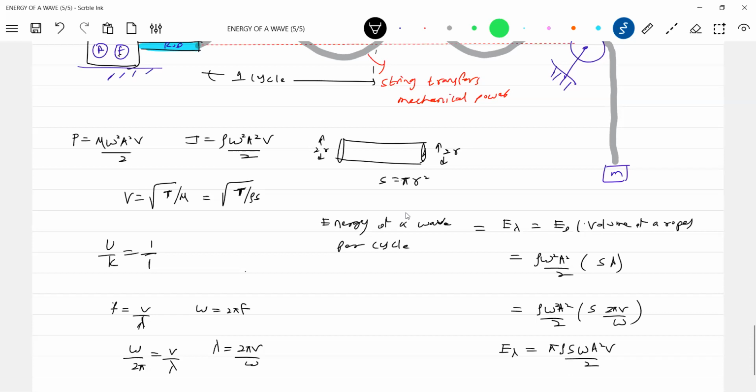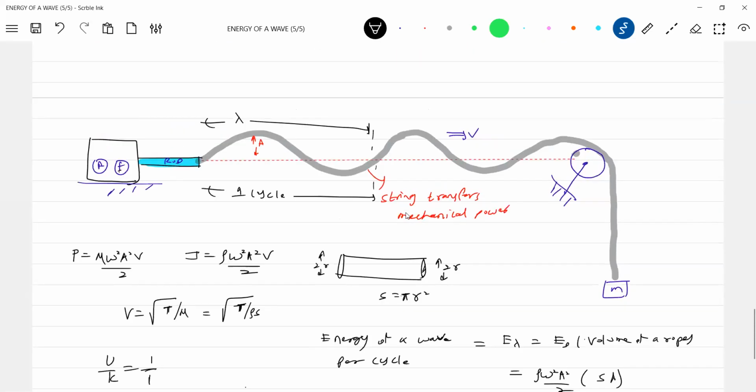These are the different types of things that will be asked of you. Energy of wave per cycle means what is per cycle? The length of per cycle will be lambda. Okay, got the idea? So this is about the energy of a wave propagating on a rope. So these are the set of formulas. Okay, now there are